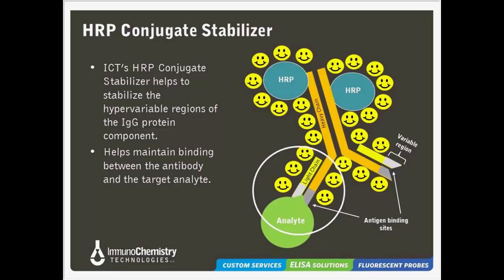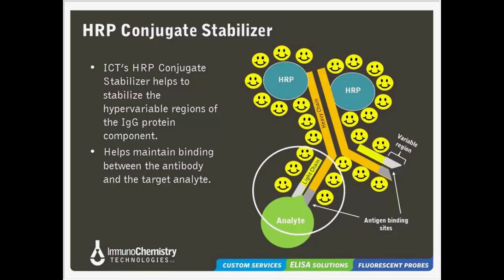Conjugate diluents. As you know, there's lots of conjugate diluent products on the market, and their job is supposedly to stabilize both the antibody component, as well as, in most cases, the HRP component. If one of those goes out, you don't have an assay. If you have a good antibody stuck on there, but the HRP is not stable, you don't have an assay because you don't have any signal. If the HRP stays stable, but the antibody gives out, you don't have an assay because you've got nothing to capture. So you really need to stabilize both the